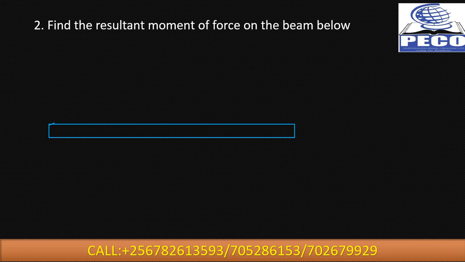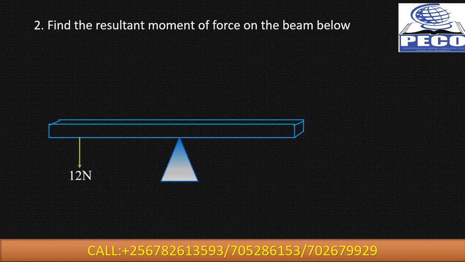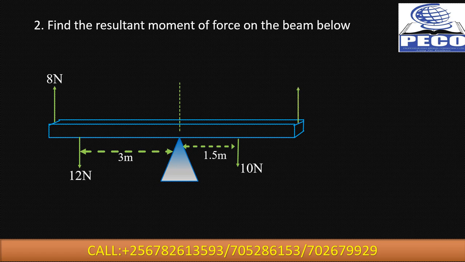Again, we draw our beam, and we're going to have a number of forces acting on the same beam. Now the beam is pivoted at that point, with a force of 12 newtons acting downwards, a distance of 3 meters. A force of 10 newtons acting downwards, a distance of 1.5. Okay, then we have another force which is 8 newtons acting upwards on the left,